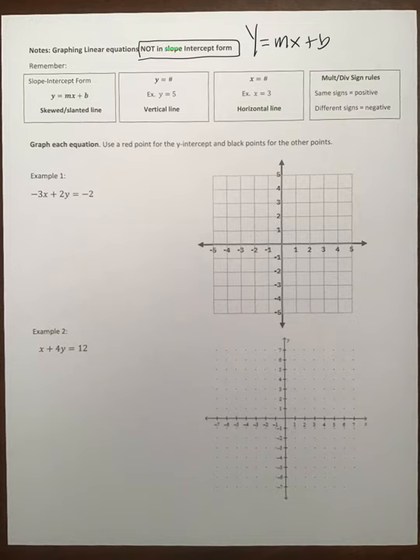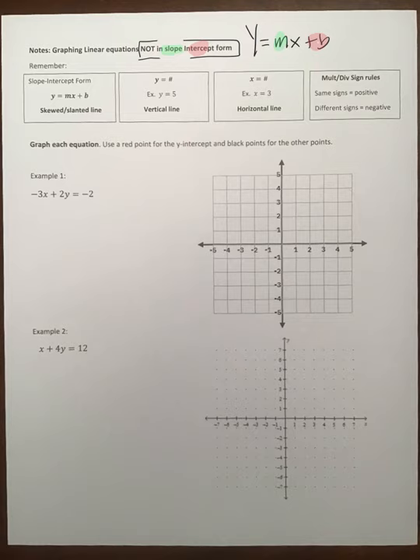Oops, let me use a highlighter. They call it slope because the m represents the rise and the run, how steep it is, right? And the b represents where it crosses the y-axis, so the intercept. So that's the reason why they call it slope-intercept. And if we have an equation in slope-intercept form, we can use the y-intercept and the slope to graph very